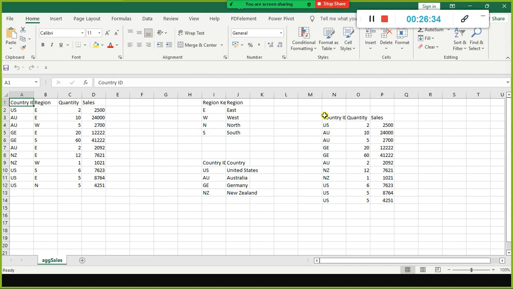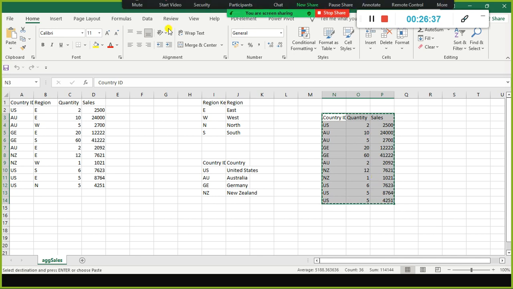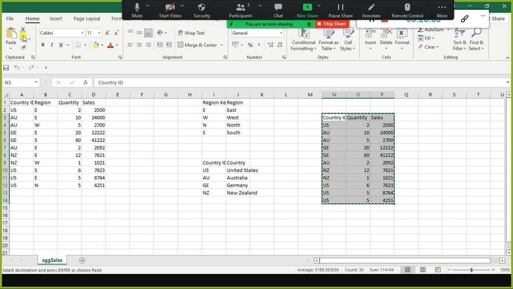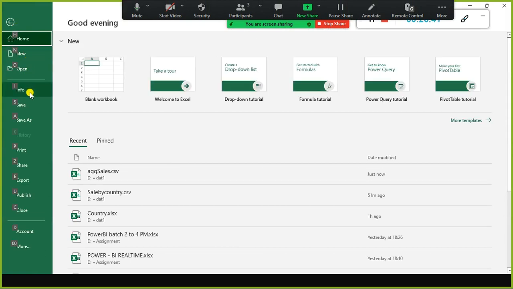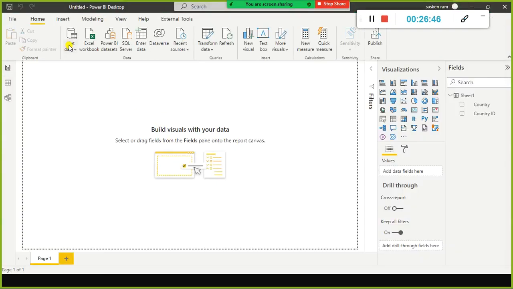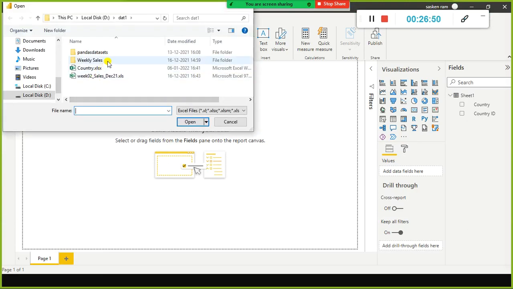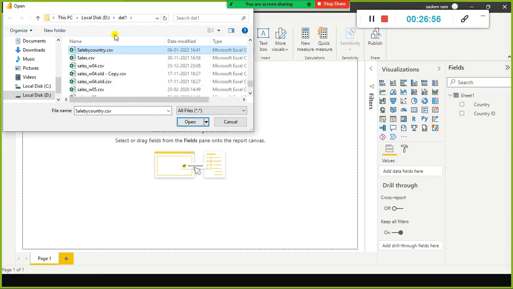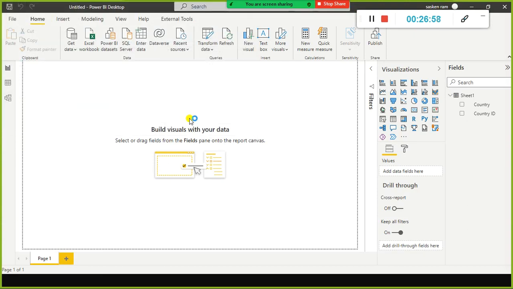Okay, let us do one thing. I simply copy this one and put it in another file. It is already there, in that one folder. Okay, it's already available, that file. And here I need to select sales by country.